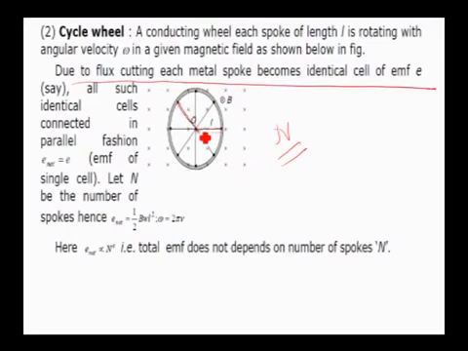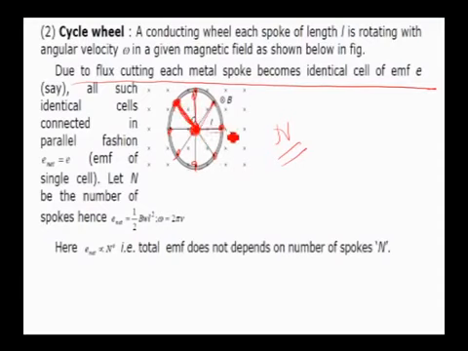Assume this is one spoke. If it describes one rotation, it will describe an area equal to πr². As a result, EMF will be developed across these two points. But there are several spokes here, and all the spokes have a common point. This is point O. Just look at this example. If each conductor acts like a cell, where these two are the potential endpoints of the cell, then these cells